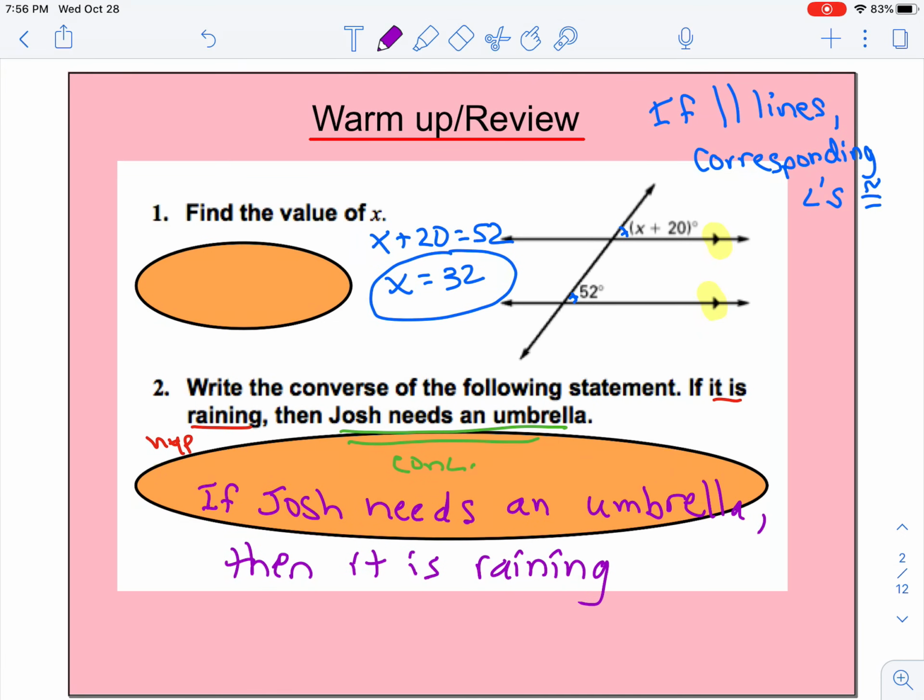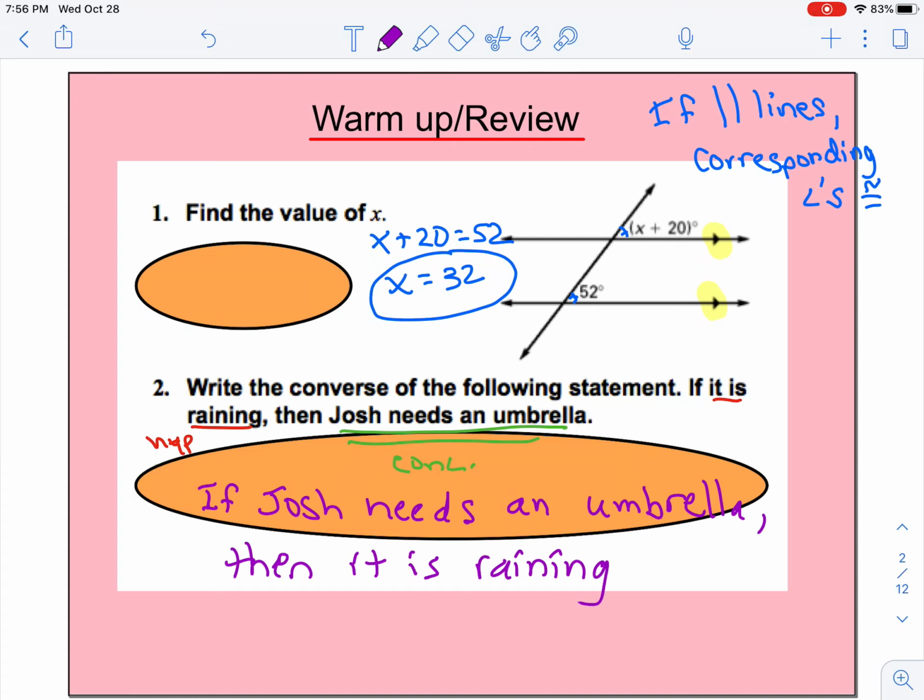So remember, in question number 1, since you can see the lines are parallel, then we know that if we have parallel lines, the corresponding angles will be congruent. So then we just set them equal to each other, x plus 20 equals 52, and solve to get x equals 32. Since we're going to be talking about all of those theorems converses, it's a good time to review